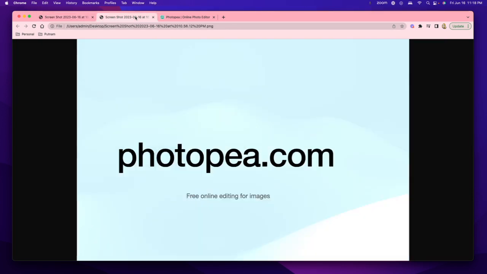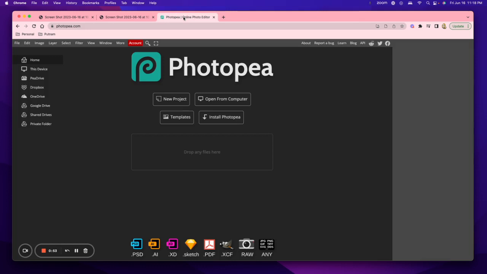So this is found at the address photopea.com, and like I said, it's a free online editing tool for images that you might have. So I'm going to go to the site. At this actual site, photopea.com, you will find when it comes up, I'm actually signed in using my Facebook account. So you can have different options in terms of the way that you choose to access the